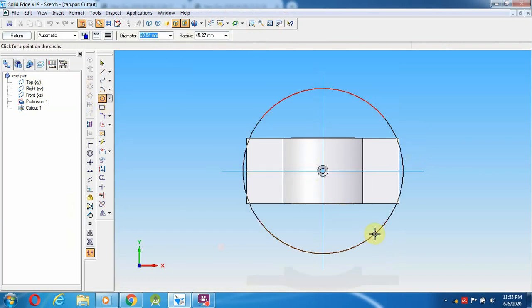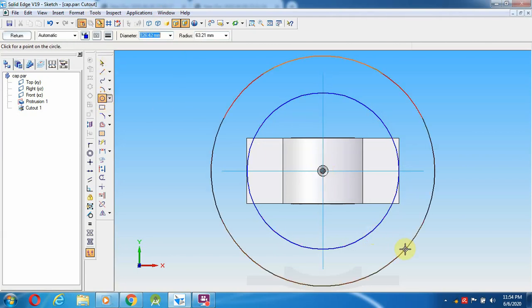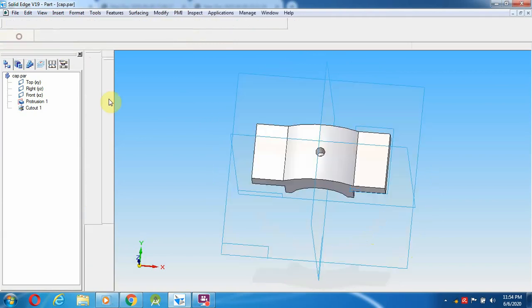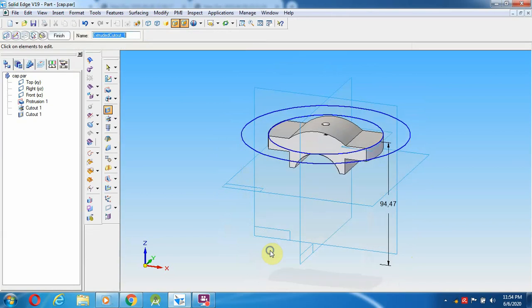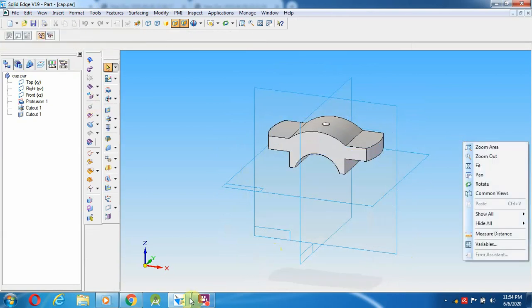I'm going to give a 43 mm radius, and select the circle again, more than this circle, as well as this edge and this corner. Return towards down, left and right click, and save again.